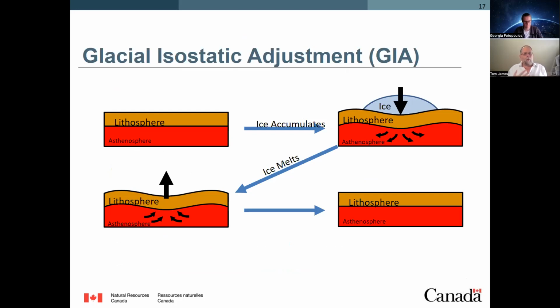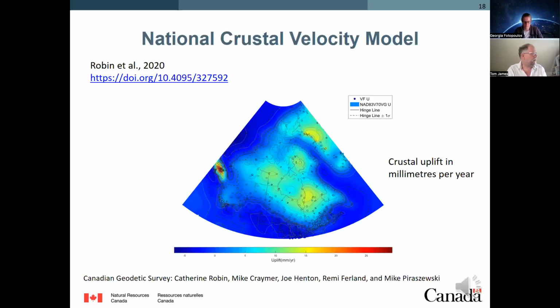So in Canada, where does this vertical land motion come from? Of course, in places like the Fraser Delta and the Mackenzie Delta, there are local effects, subsidence, consolidation. But over most of Canada, the vertical land motion is due to a process called glacial isostatic adjustment, where the ice during the last ice age pushes the surface of the Earth down, the mantle flows viscously deep inside the Earth, and then after the ice is gone, the lithosphere recovers to its former state. And that's what's causing